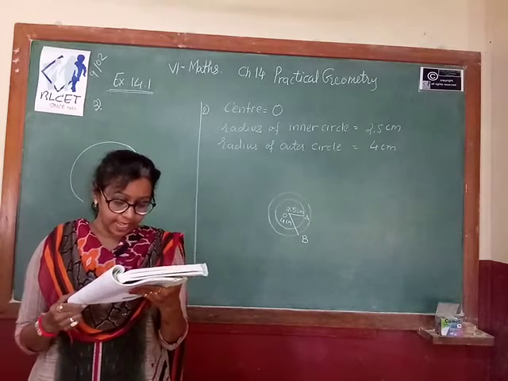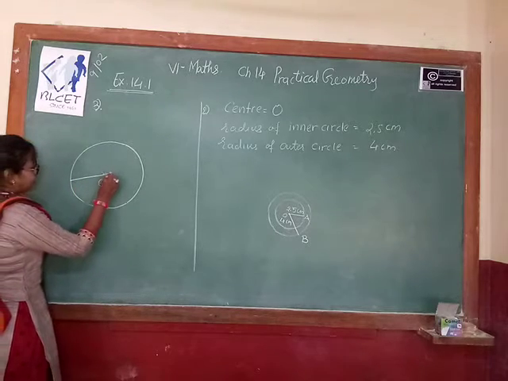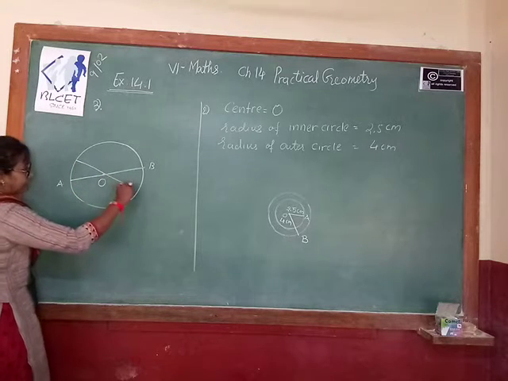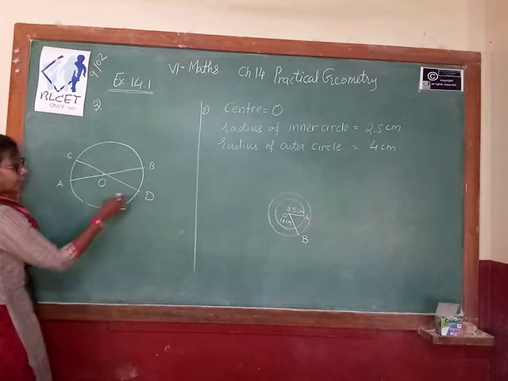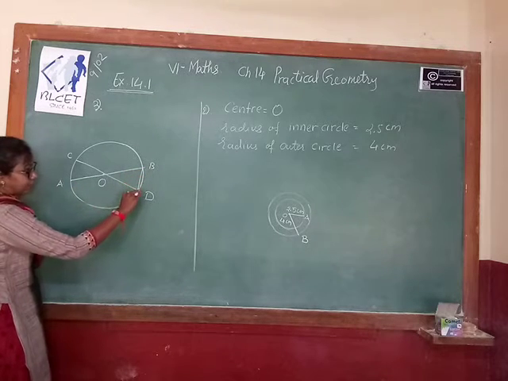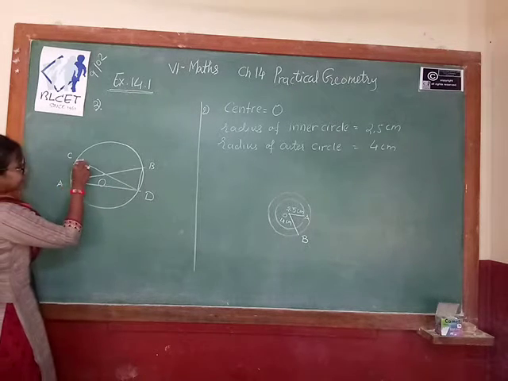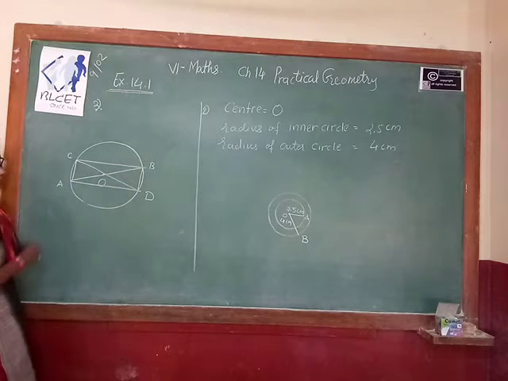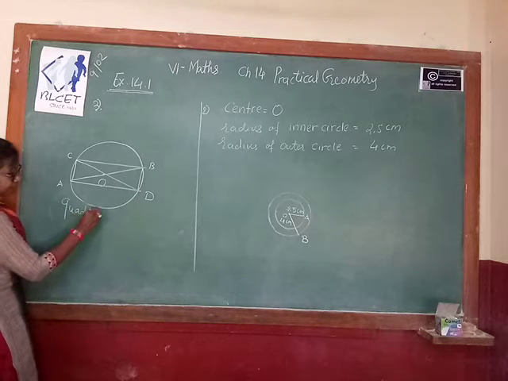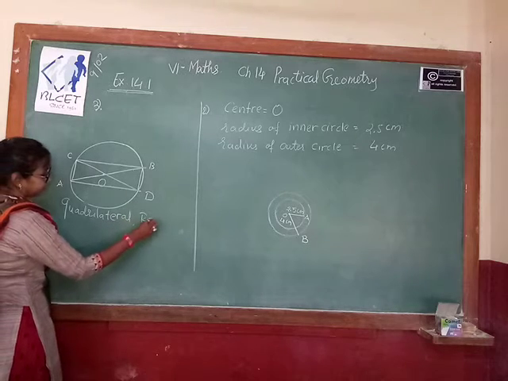So draw a circle and any two of its diameters. We draw two diameters like this. This is one diameter, name it as AB. This is another diameter, name it as CD. Now we join the end points of these two diameters: end points B and D we join, AD we join, AC we join, and CD. So which kind of diagram are we getting inside? That is a quadrilateral, or you can say a rectangle.